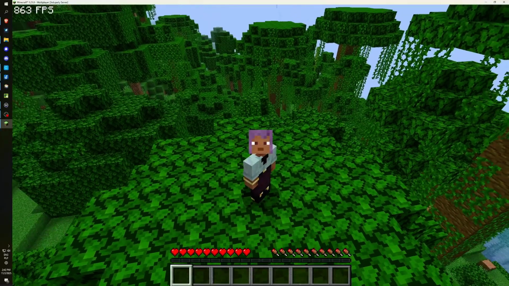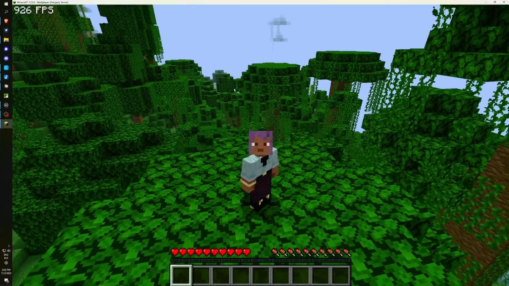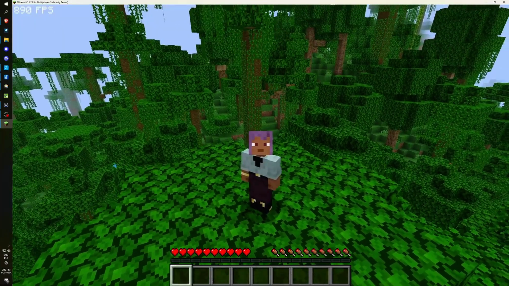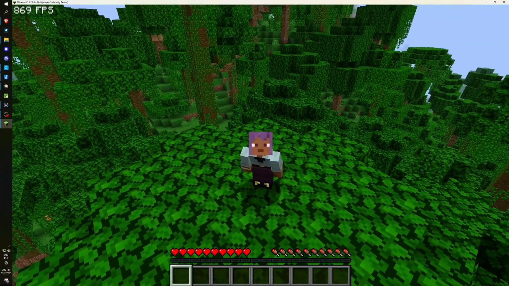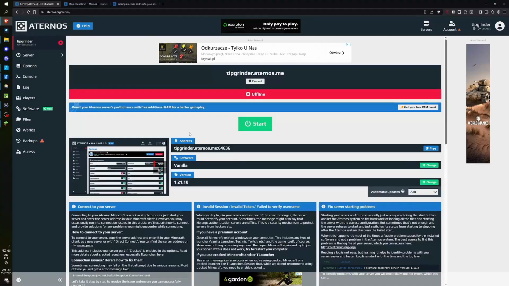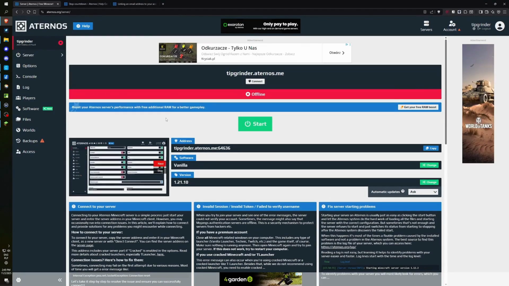And I would like to remind you that if you intend to create a public server, it is advisable not to activate the whitelist at all. Nevertheless, you will absolutely require a login plugin. Now, I am returning to the Aternos website where I have halted my server, and prior to proceeding with the